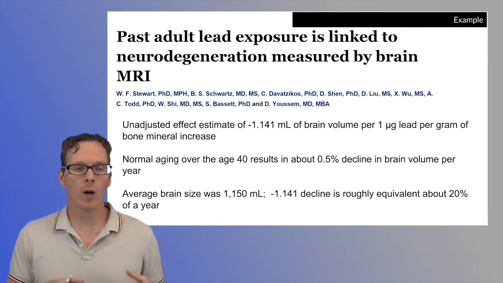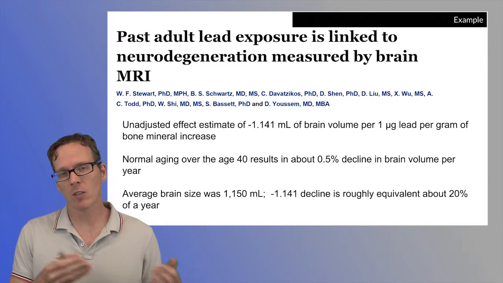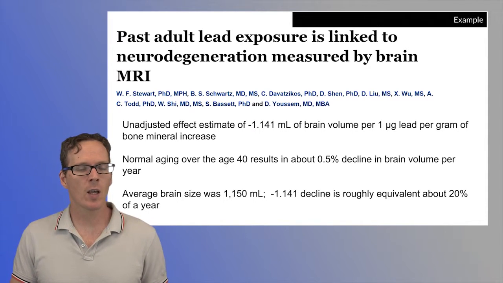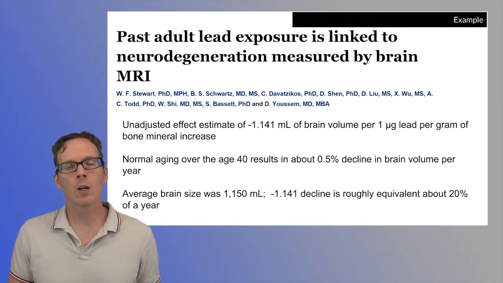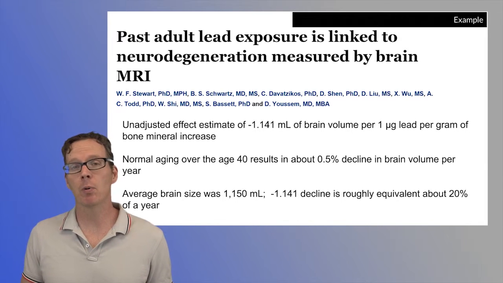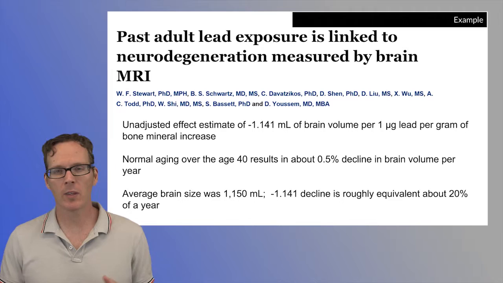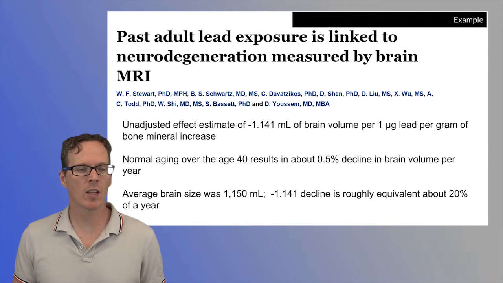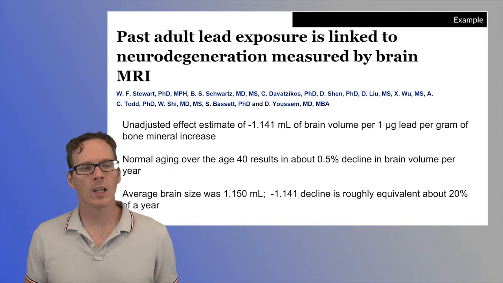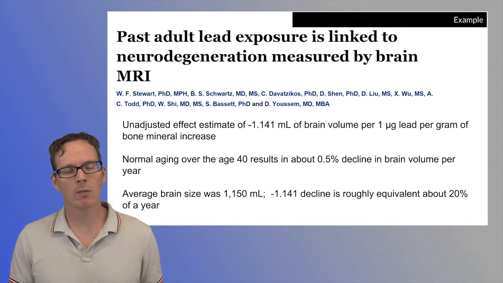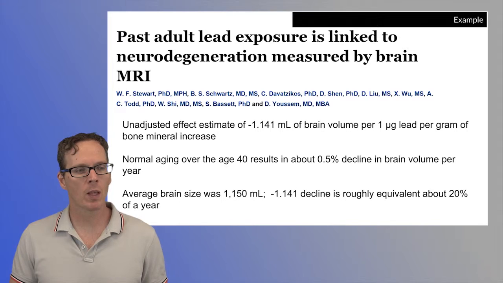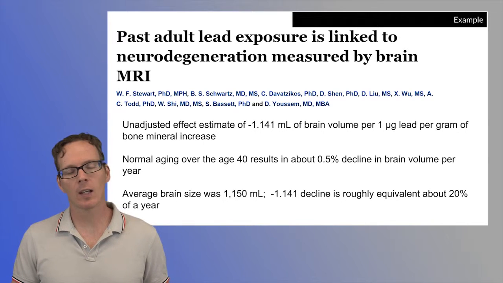But I don't understand that effect terribly well because I'm not an expert on lead, let's say, but I do know some things about normal aging. So normal aging over the age of 40 results in about 0.5% of decline in brain volume per year. Okay, so I know it's roughly about that. Maybe that estimate's a little high, but let's say it's roughly about that. So if I take that 0.5% decline in brain volume per year and I look at the average brain volume from Brian's study, then I can figure out that